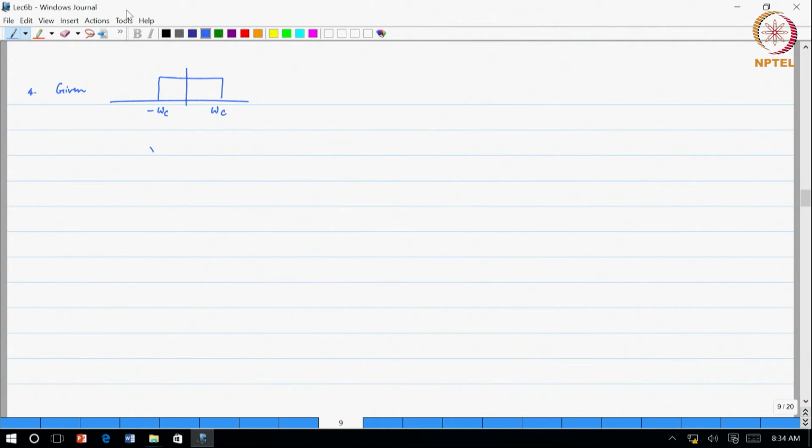Or in other words, the effective filtering is going to be from minus omega c by Ts to omega c by Ts. Or in other words, if I can relate it into the continuous time, I am going to be filtering with a filter which basically goes from minus omega c to omega c. This is H effective